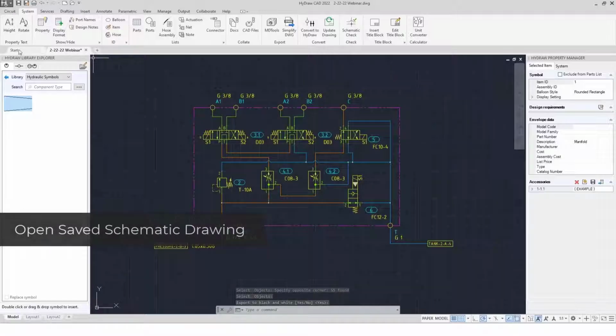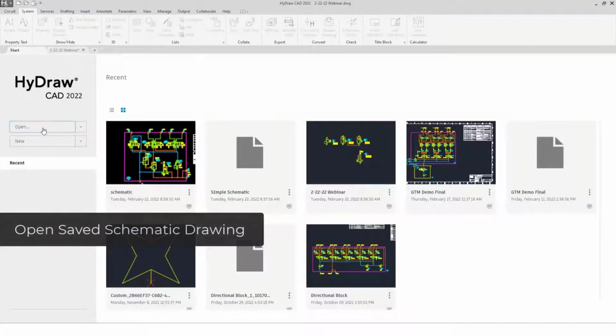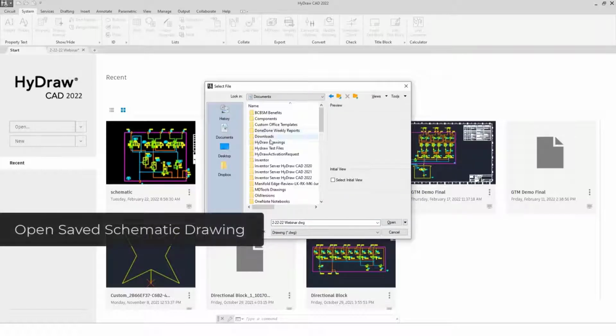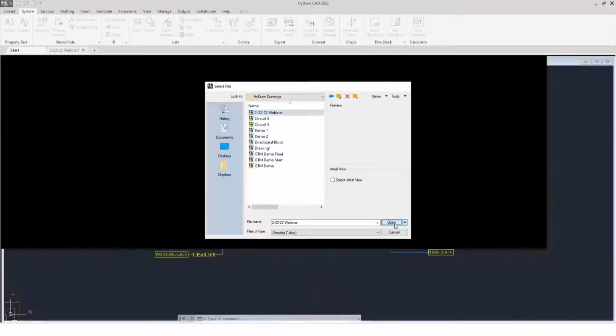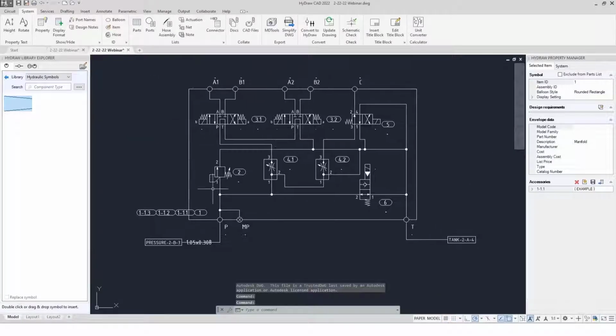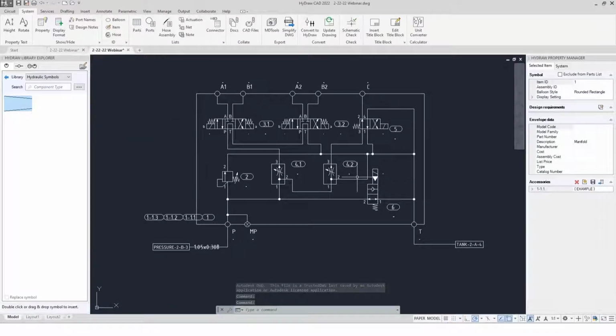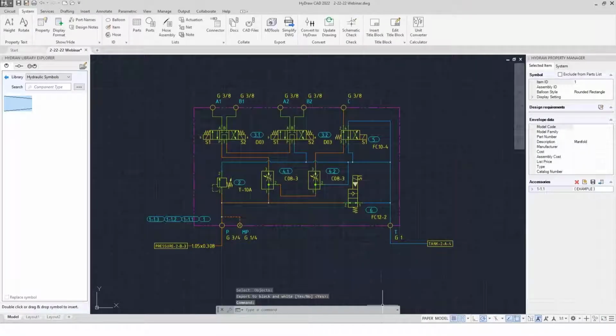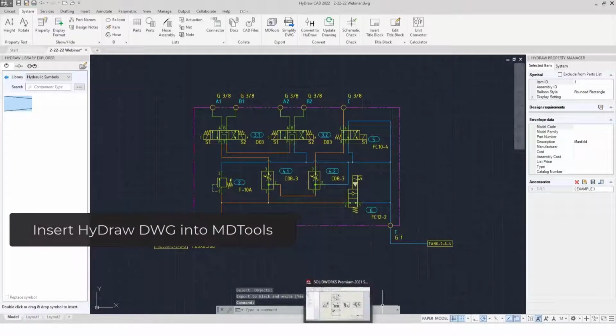And what that'll create, I can now go to open, and we'll go to the same folder. And I got my webinar drawing there. So it'll create our black and white simplified drawing. I don't need that one currently open. But if I go into MD Tools now,